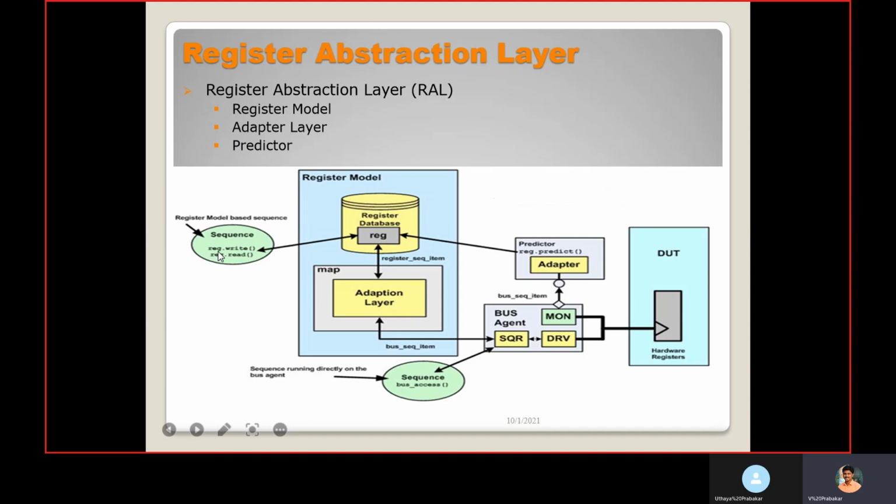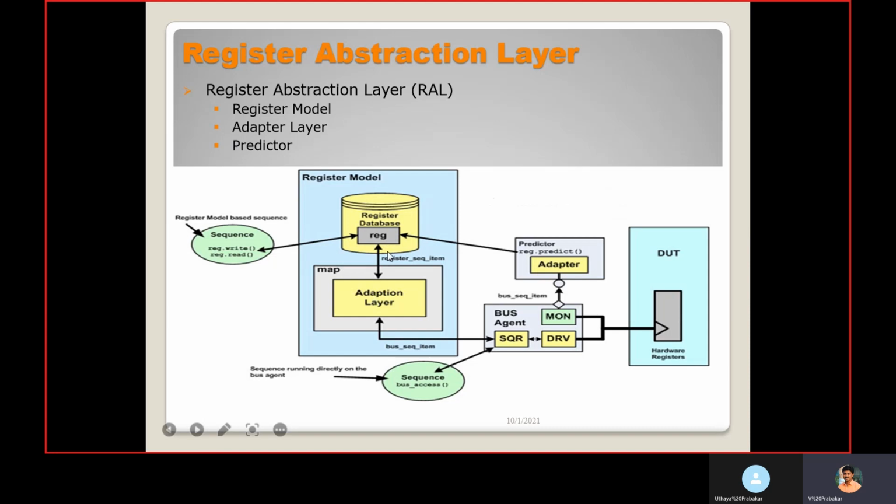Then sequence: we have a write sequence and a read sequence. We pass the corresponding sequence to the register model. For example, if you are performing a write, as per the sequence and the constraints given, it will load the corresponding values in the registers.